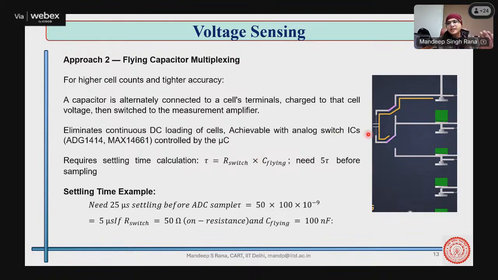Even before reading, it has to get charged to the voltage which we want to read. So if you do these calculations, let's say I want a 25 microsecond settling time. So I can look for 5 tau, and through that I can actually calculate resistance and capacitance. That's what I am trying to say here. So you need to sort of take care of various